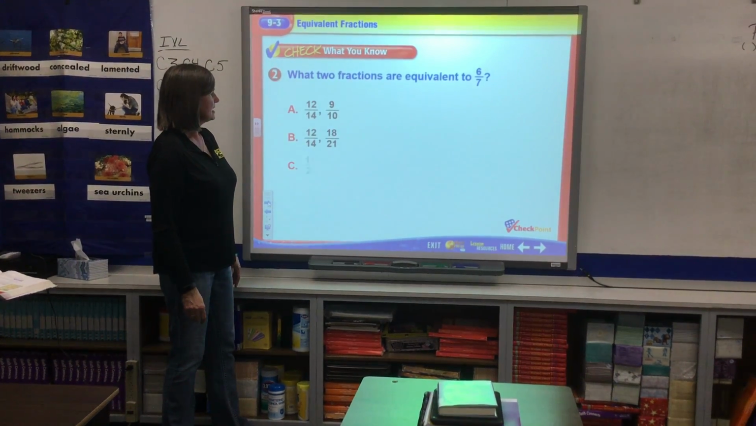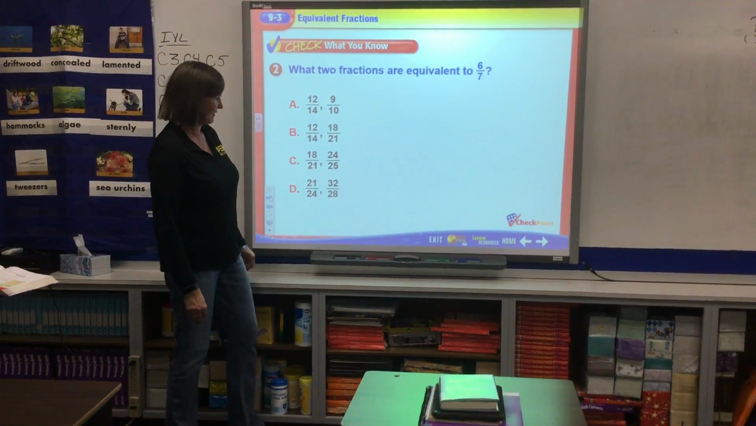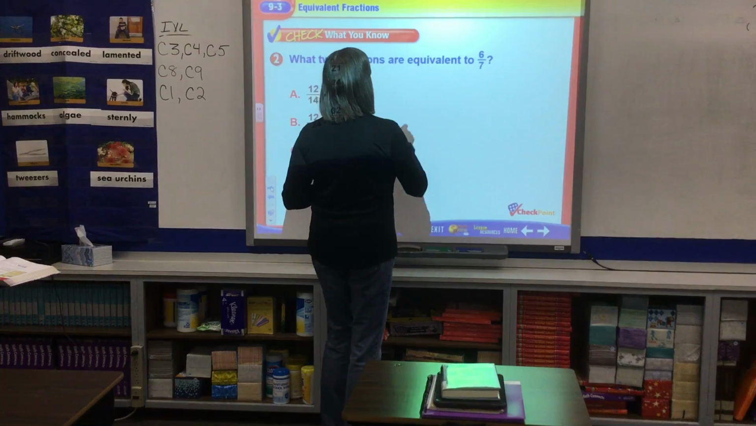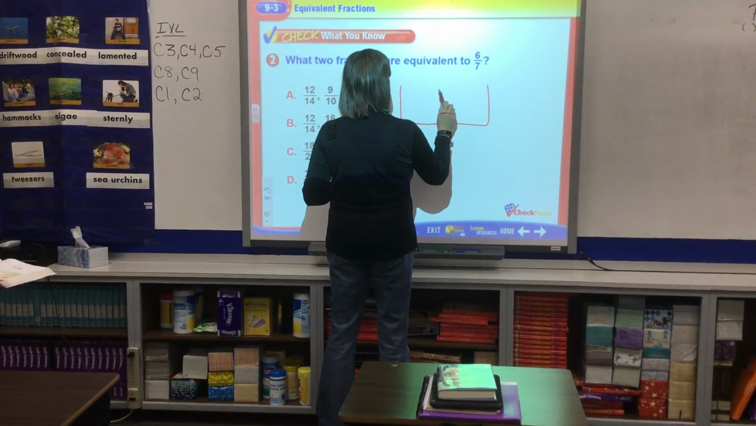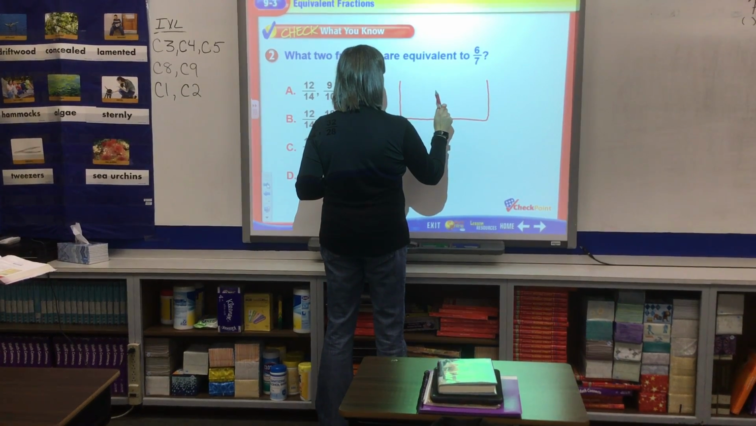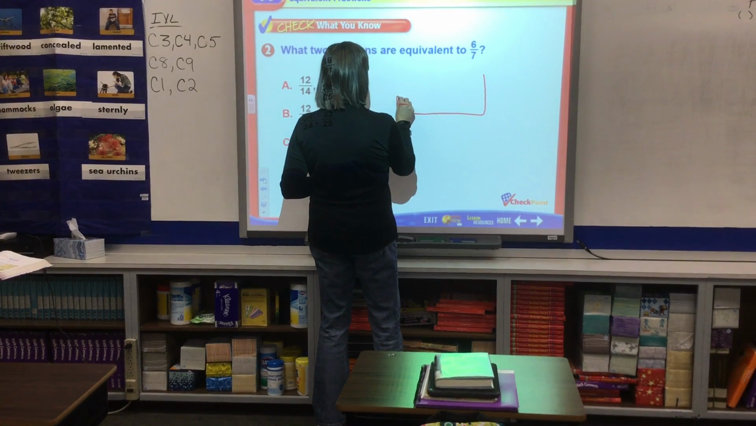All right. What two fractions are equivalent to 6/7? All right, now I want to draw a picture before we solve this one. I want to draw a picture, all right, and we're going to kind of represent,